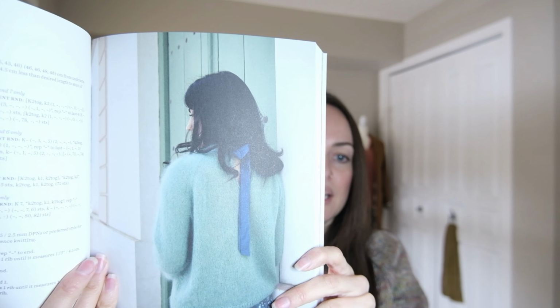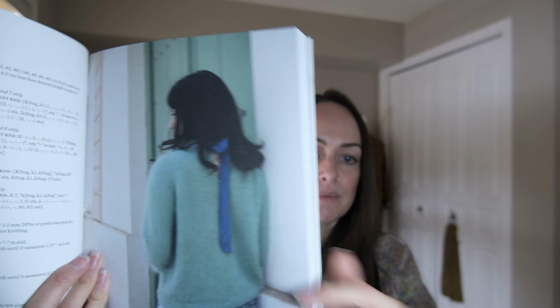The first one that really stood out to me was the Olympia sweater, and what I love about this is that it's just a basic